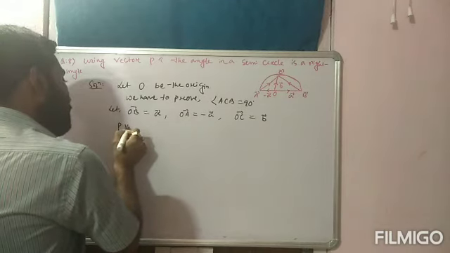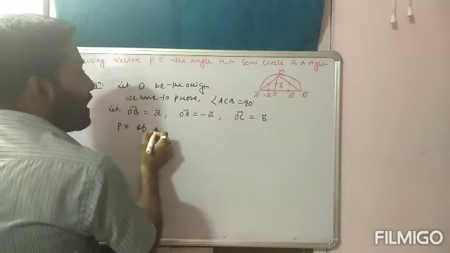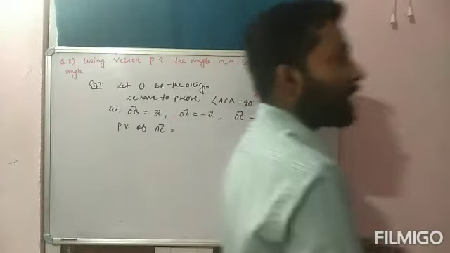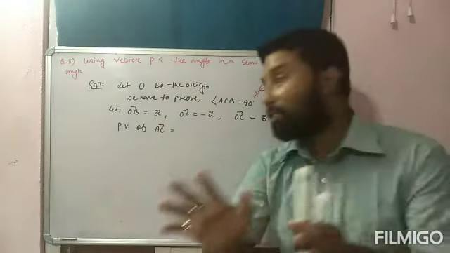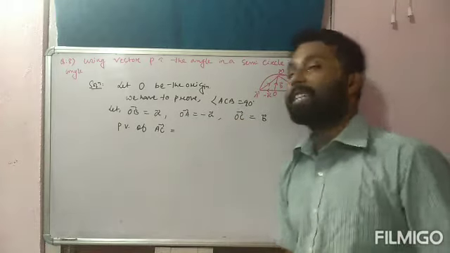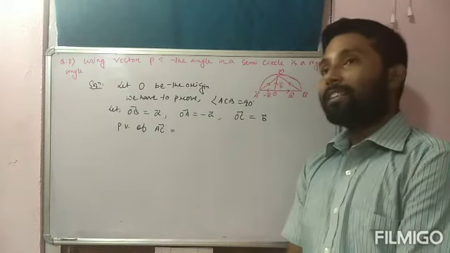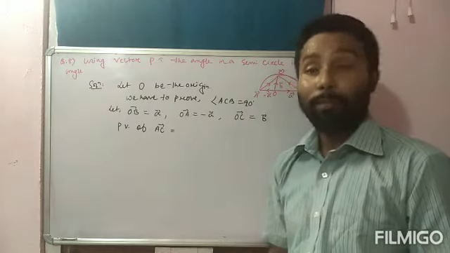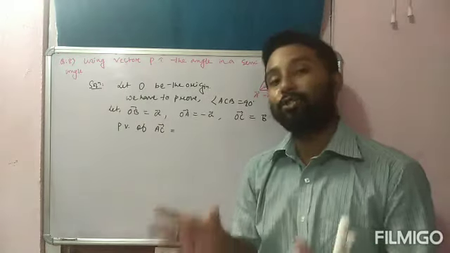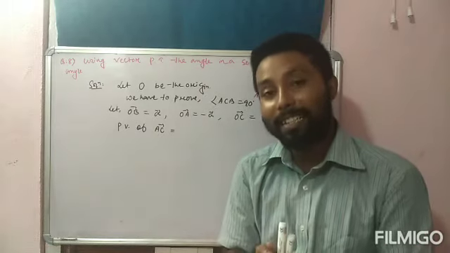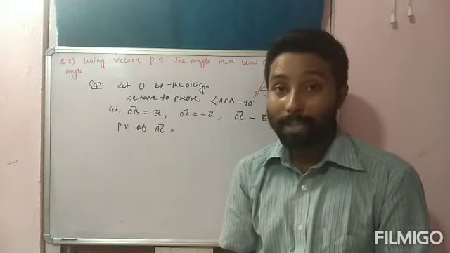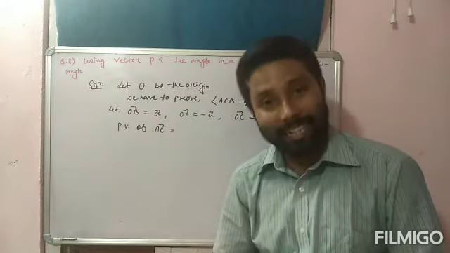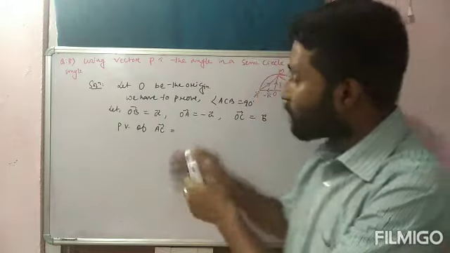Now position vector of AC bar. Why I am finding out position vector of AC bar? Because since you have to prove that angle ACB is equal to 90, if we can show that the dot product of any two vector is 0, because you have to use the concept of vector. So if we can show that the dot product of any two vector is 0, so clearly we can say that they are perpendicular to each other. So if they are perpendicular to each other, that means the angle will be 90 degree or not. So that's why I am trying to use that concept only.